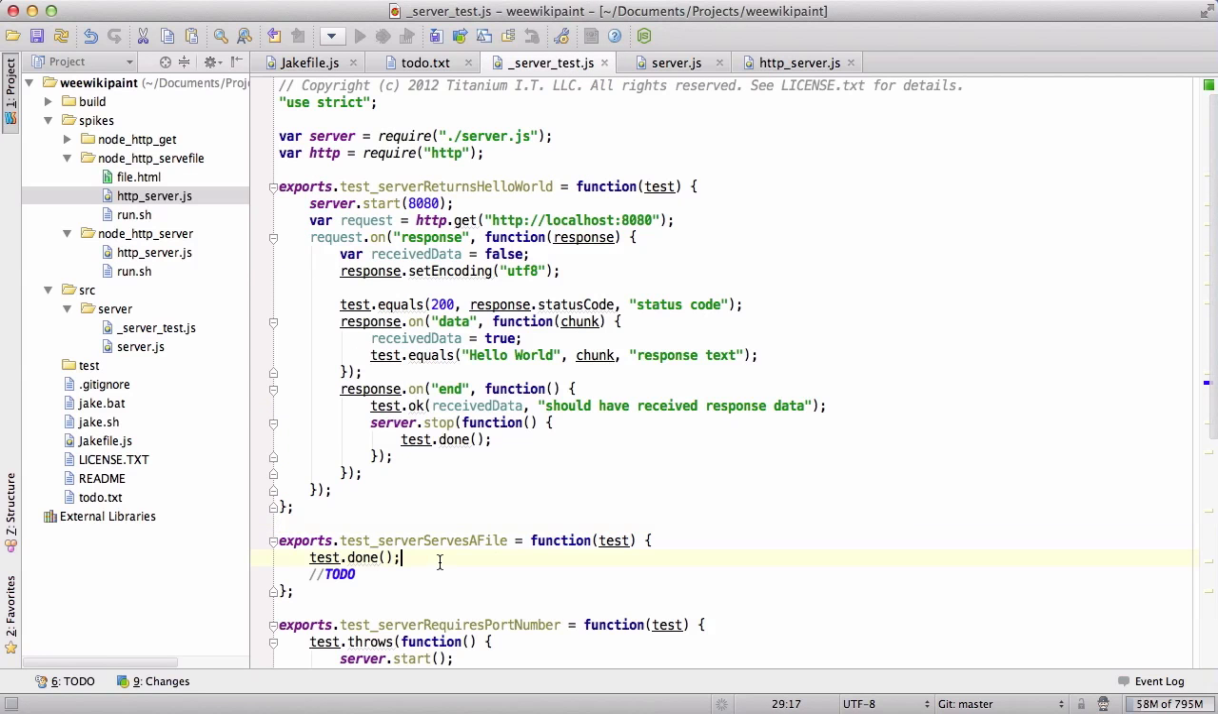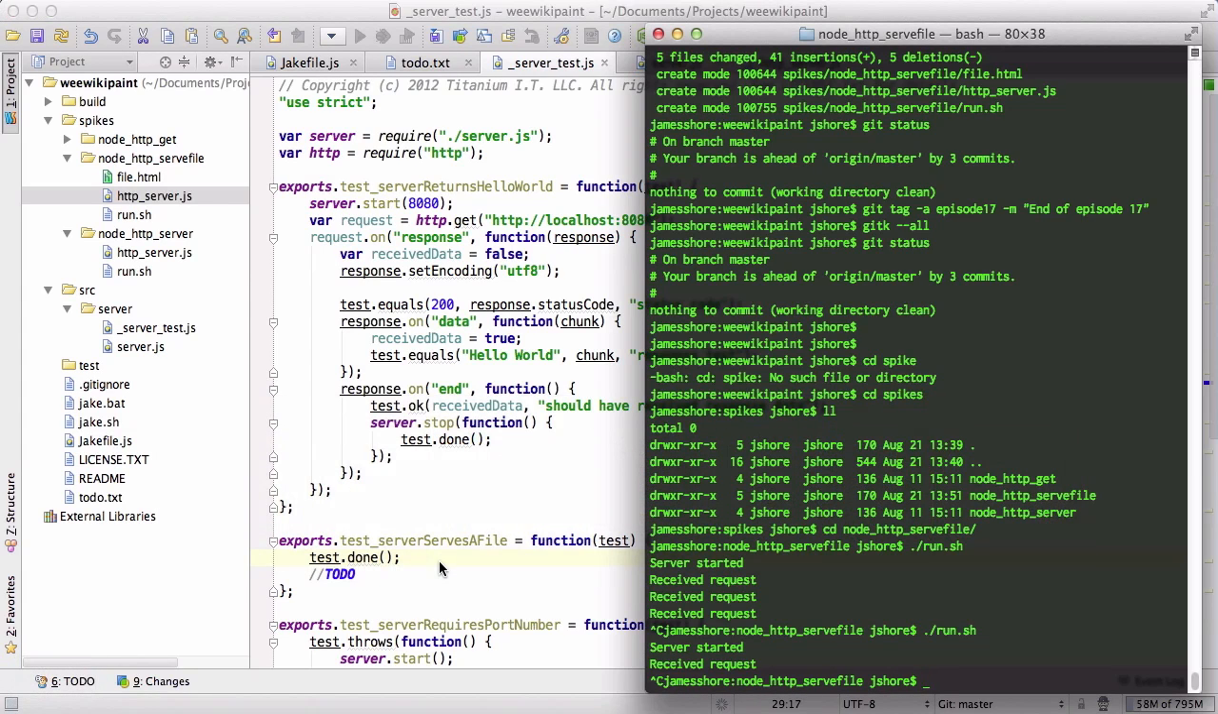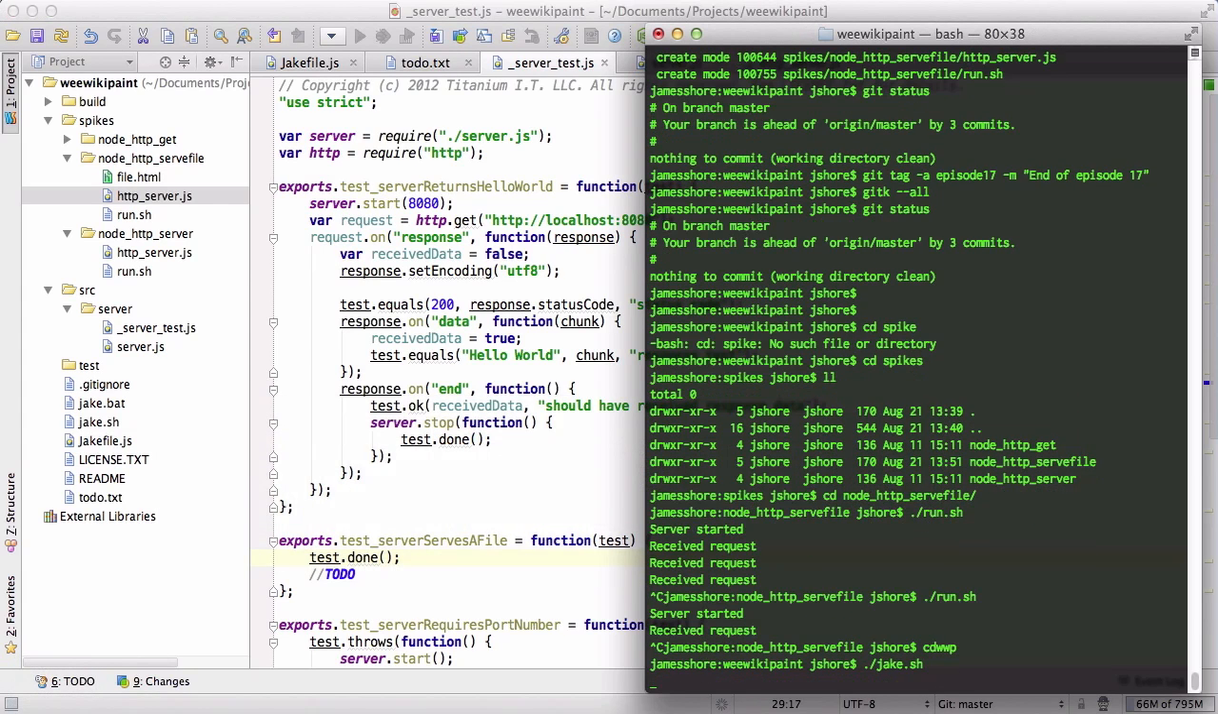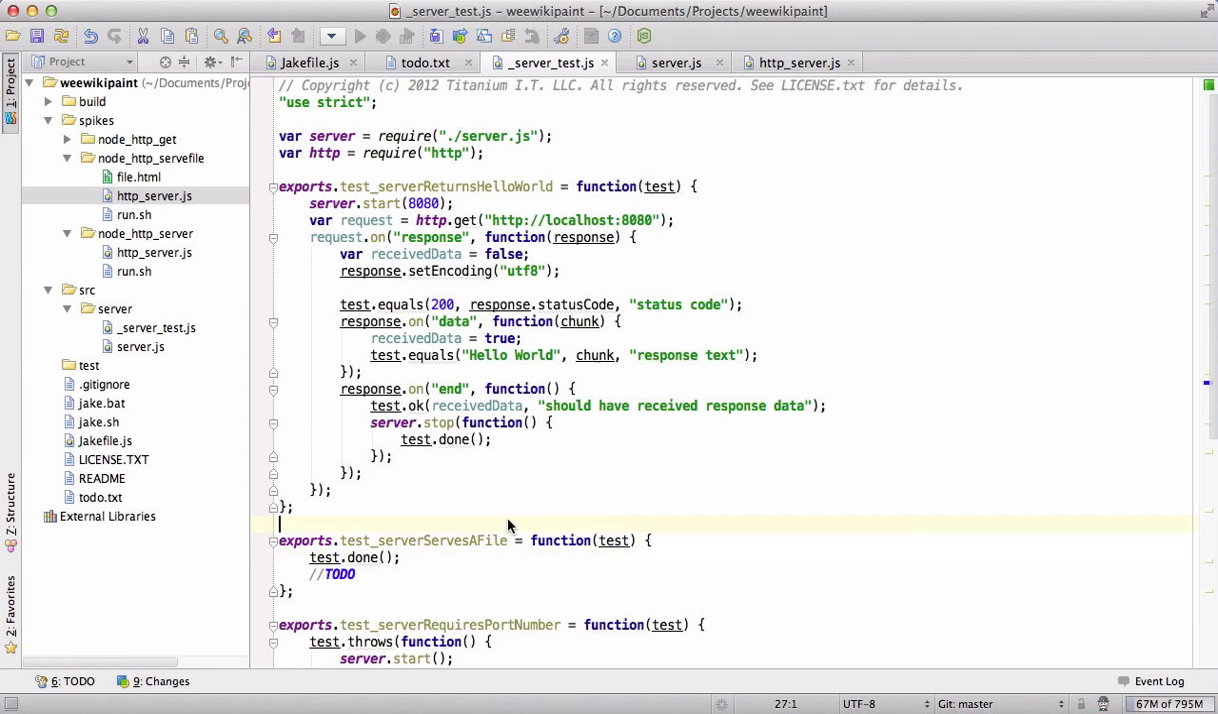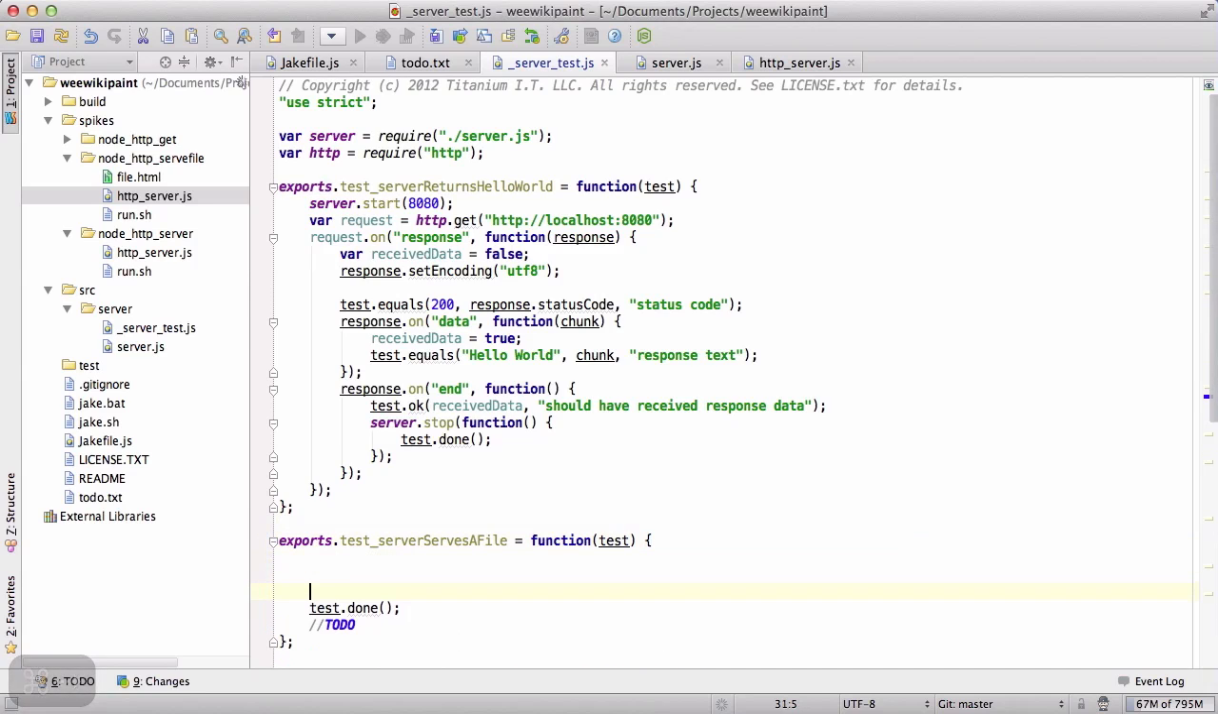So we've got this server serves a file test, which right now does nothing. And what we need to do is, well, first we need to write a file. Now I am writing this as an integration test. That is, I'm actually going to write a file to the file system, and I'm actually going to read it back. That isn't the only way we could do this, but because the unknowns here are not really design unknowns,